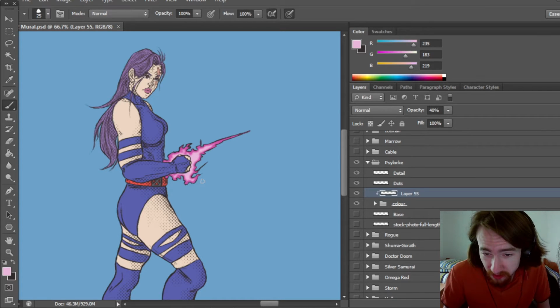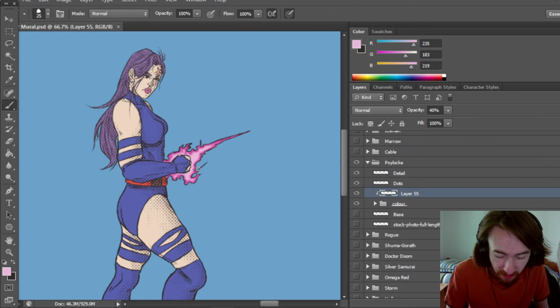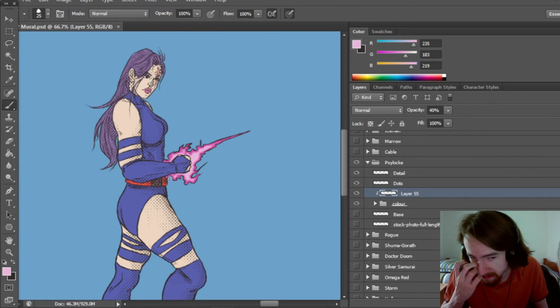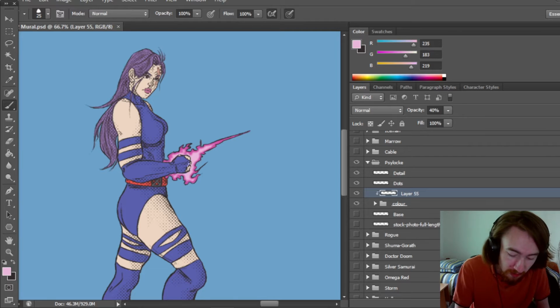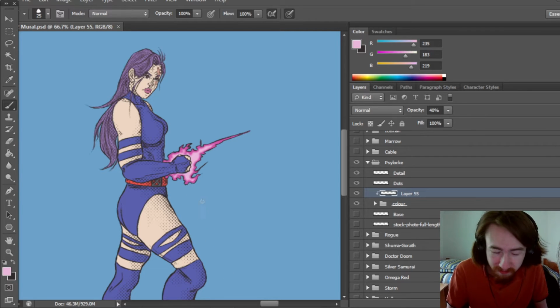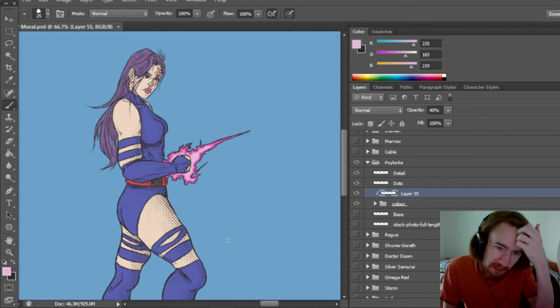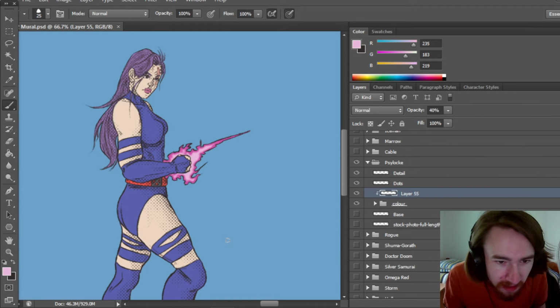I could have done it the other way. I could have just done it by hand, but then you wouldn't have gotten the ever so slight fading that I wanted here. I would have had to have gone in with like an airbrush or something like that and then remove it slowly. I didn't want to have to do that, so I figured this would be the easiest way to do it, and it looks fine. I think it looks fine.